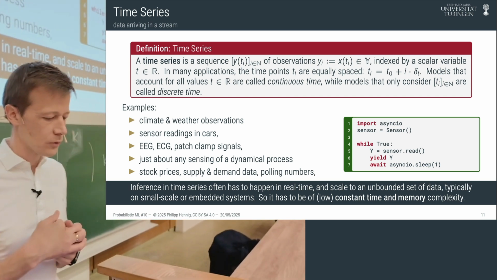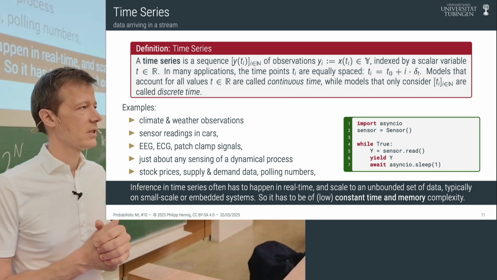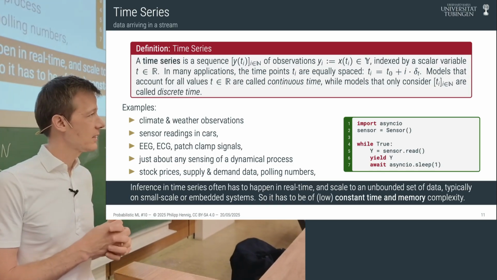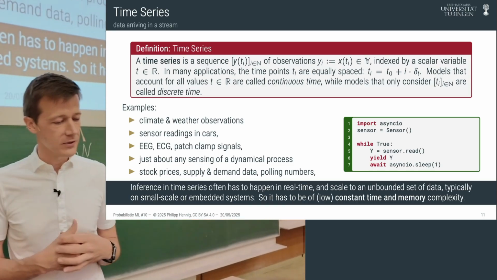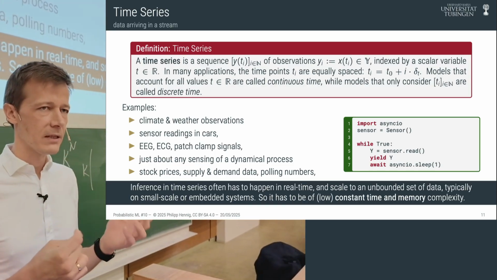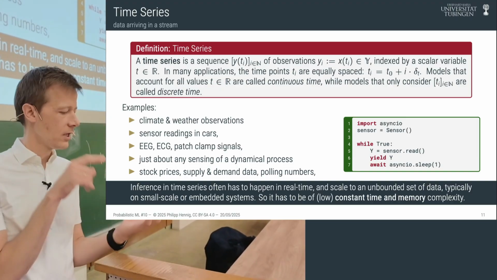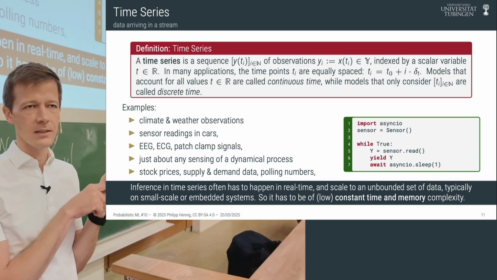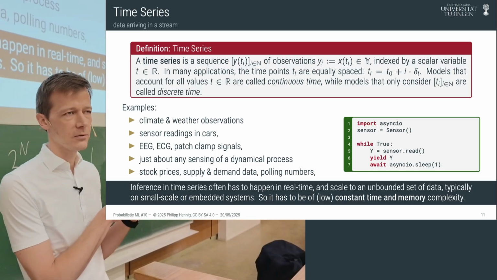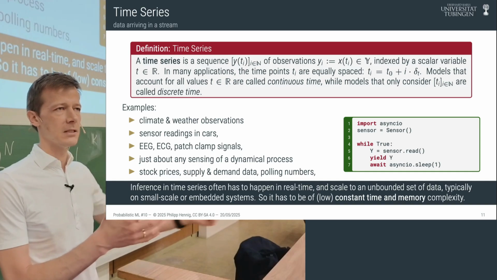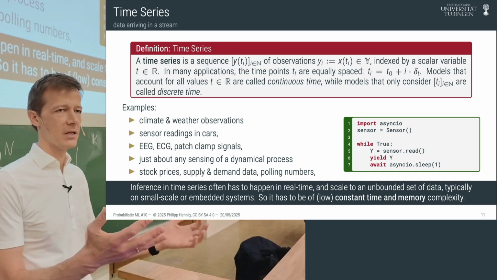Imagine you're doing a climate or weather prediction. So if you're, for example, working for the European Centre for Medium-Range Weather Forecasts or for the German Weather Service, then you might want to build a software tool that at any point in time allows people to take out their phone and look up a nowcast, right? A prediction of the next hour or 24 hours of the weather, and that process should be running continuously across time. It should never saturate.